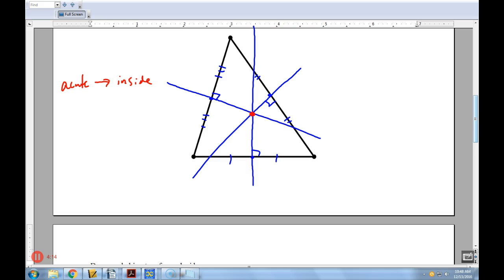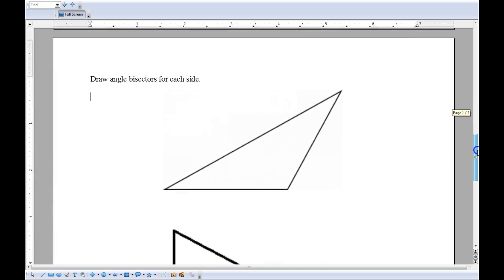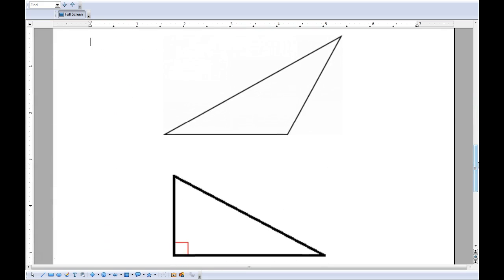So that whole first page was all about perpendicular bisectors. Now, I'm only going to do one for this problem here. I'm not going to do all the 3 triangles because we worked on this in class. But for angle bisectors, you want to measure how many degrees each